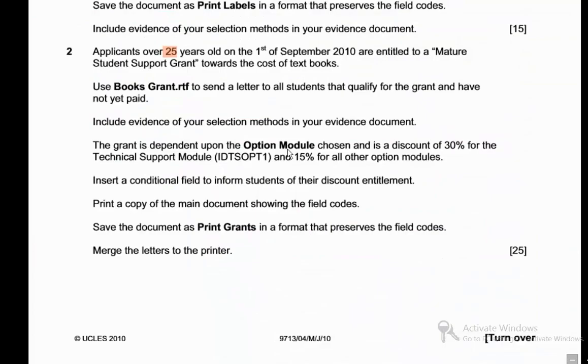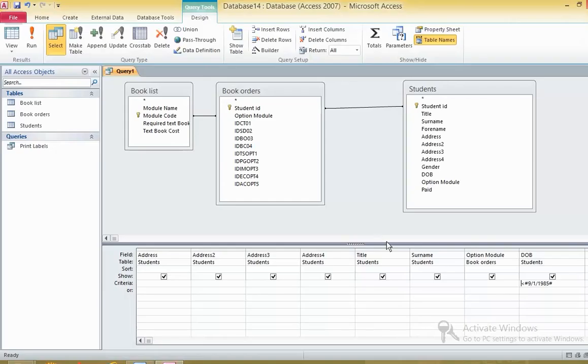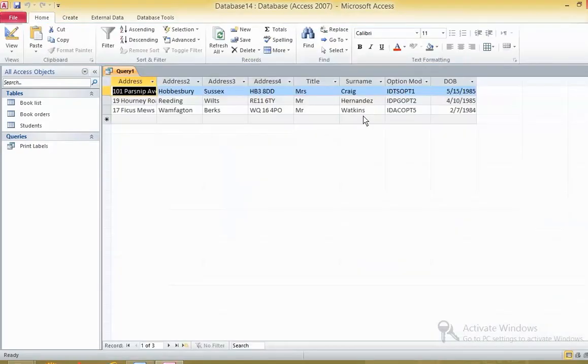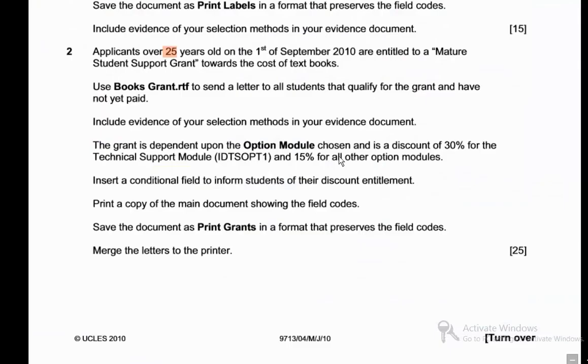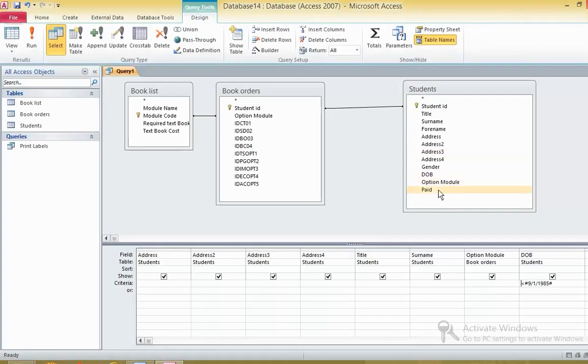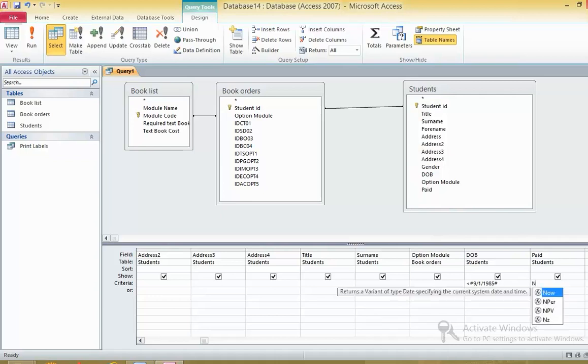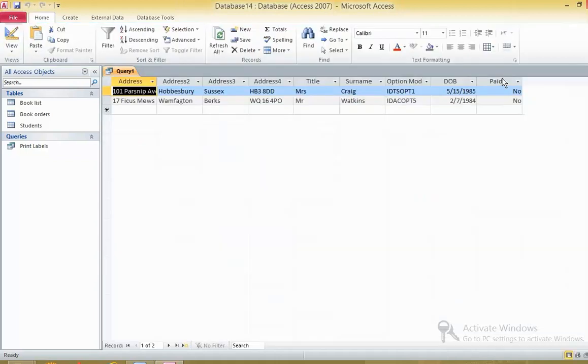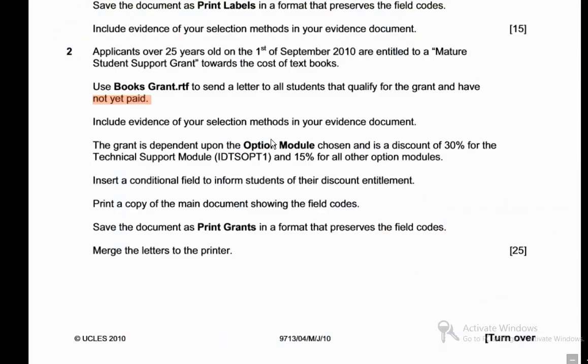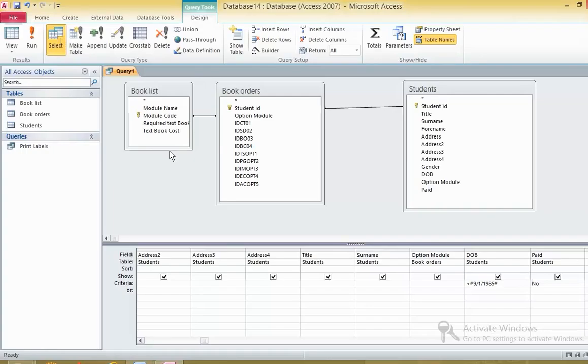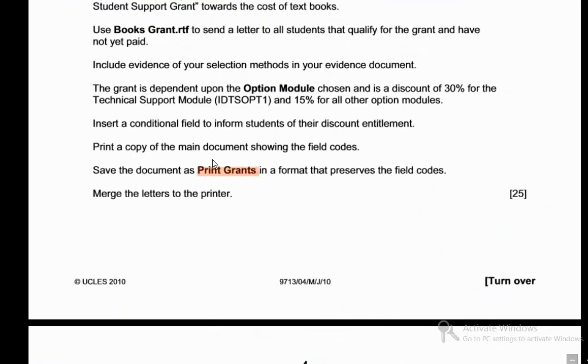right? And what else? The grant is given on option module chosen, right? So we need to add option module. Yes, we do have it. Fine. What else? These have to be students who have not yet paid. So paid may, here we'll have not, right? Done with this. Now we will save this as print grants,